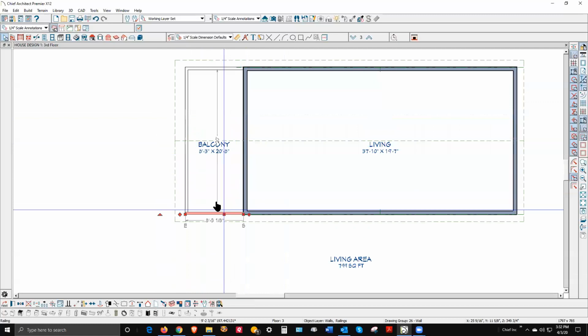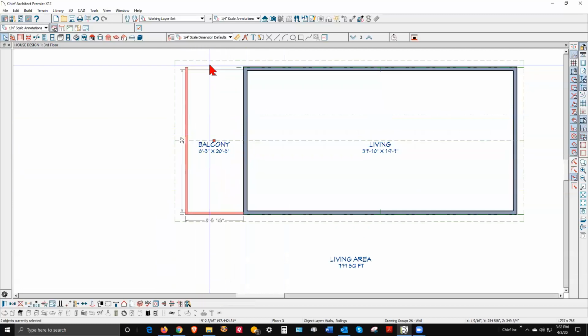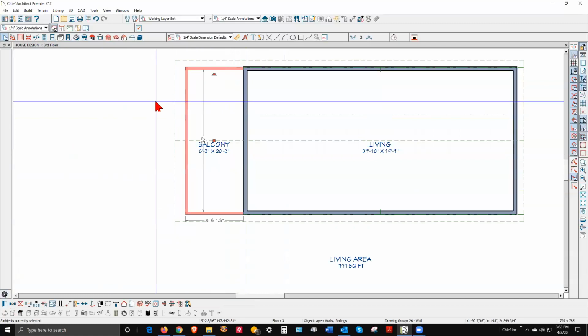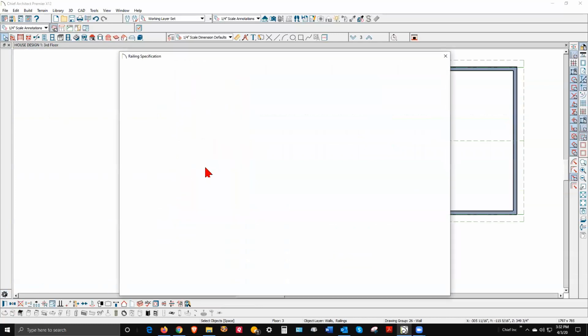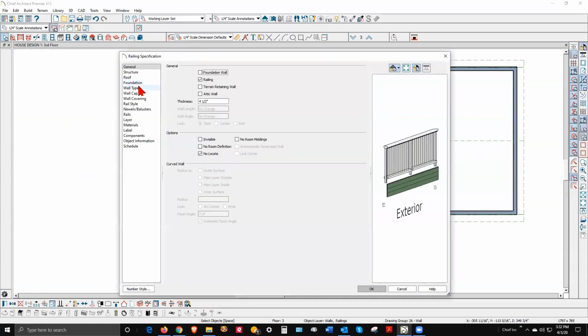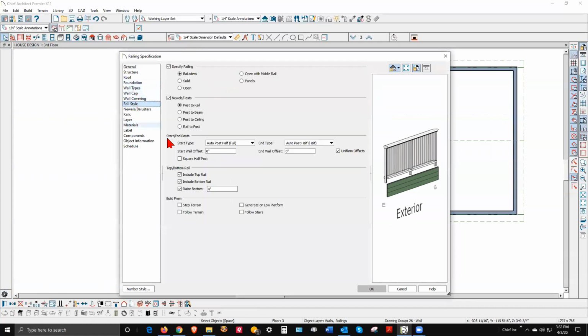Now you have to change these walls here to support that roof. I'm going to open those 3 walls, and we'll reconfigure the railing walls. If I get the dialog box to open. There we go. We'll go over to rail style and change them to posted beams so I have something to